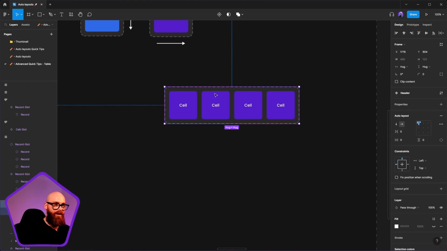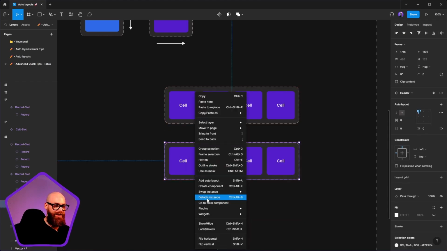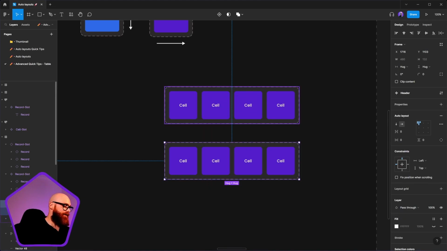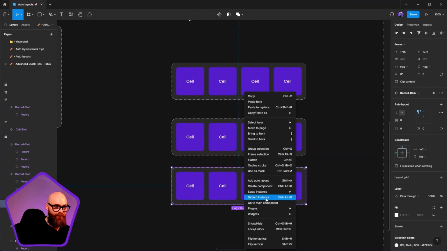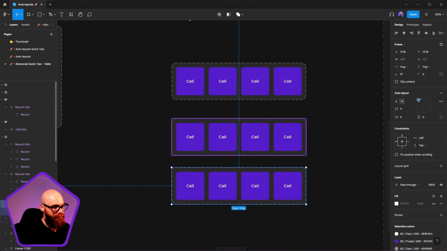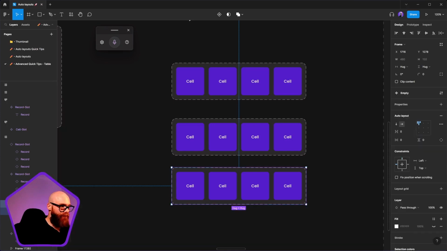Bam. I will duplicate it. I'm just going to detach it, create it again, and instead of being a header, I will call this one my record item. Always good to use a naming convention. And then finally, I'm going to create the empty section, which I'm going to call empty. Why am I doing this wrong? Empty. Great. There we go. Because I have it layered,